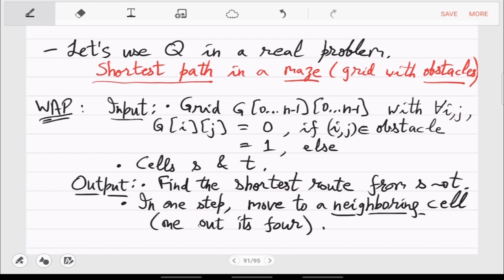Do you have any idea about a brute force solution? If you were forced to implement this, how will you implement this without Q? Explore all possible outcomes, and whenever you cross an obstacle, you can just return back. Yeah, but that's a horrible algorithm. That will be like going over all the subsets, so that will be 2 raised to n square, right? So that in practice will not work. If in your competitive programming you are given a 100 cross 100 grid, then 2 raised to 100 is just impossible. So that backtracking will not work.